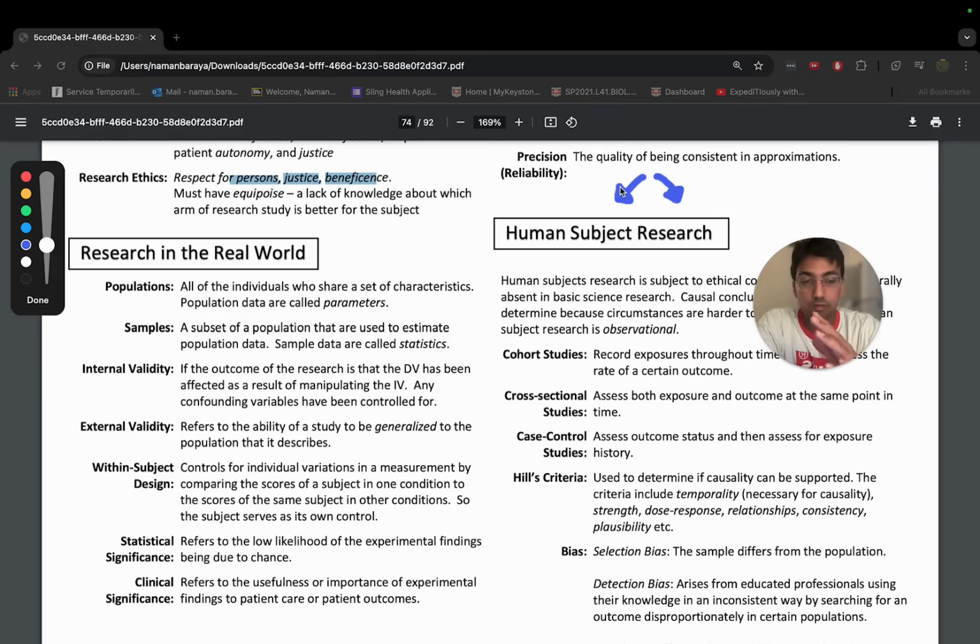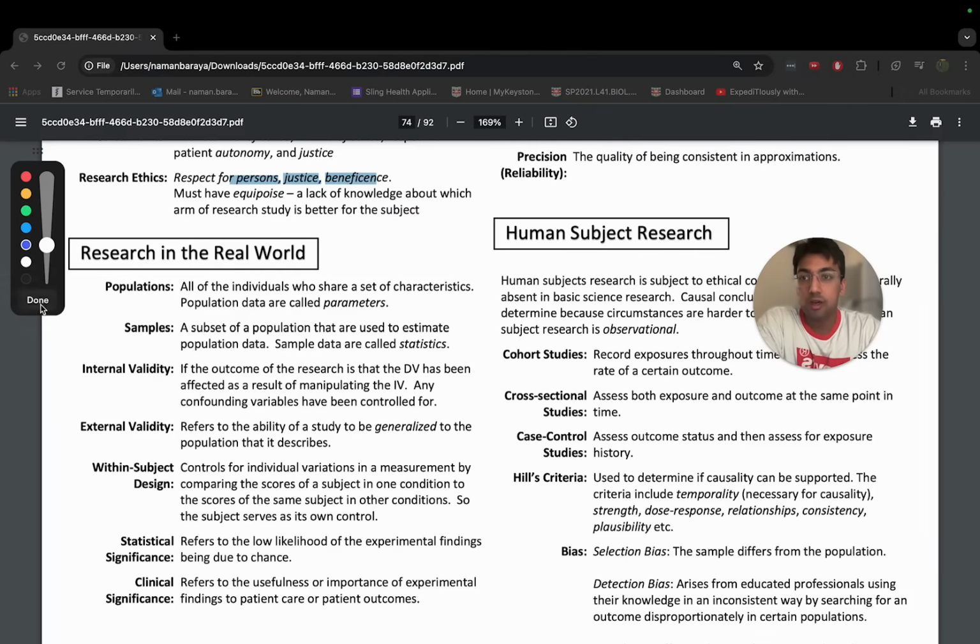stop the experiment, or to make sure that the patients, especially if it's going to extend their life or stop them from dying, you're not allowed to continue giving them an inferior treatment just because you want to complete the study, because that's against ethics. And you can read more about that. I'm kind of summarizing it and not doing justice to it, but that's the main idea of